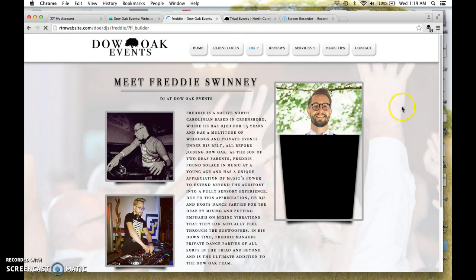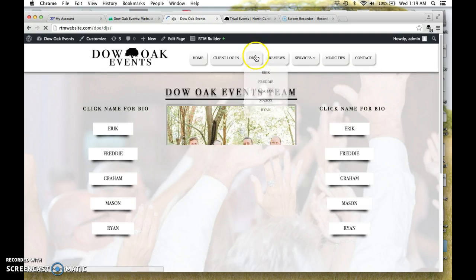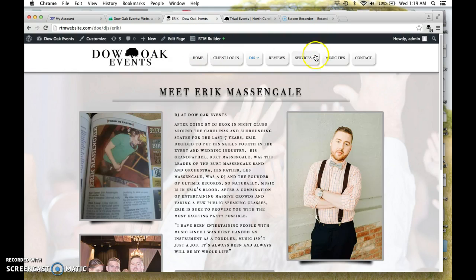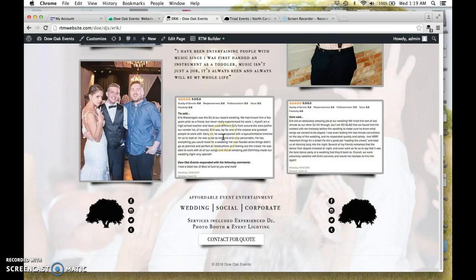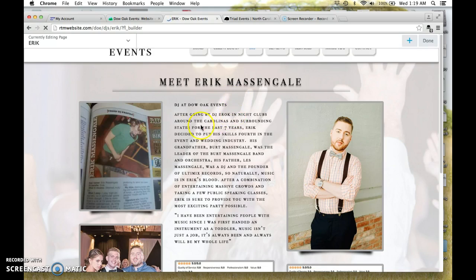We'll do more training, but it's really pretty simple. I just wanted to show you real quick. Once you're logged in, you'll see this bar at the top. You'll basically just navigate your website just like you normally would. Anytime you want to edit a page, for instance your page, I'm going to click on RTM Builder, and